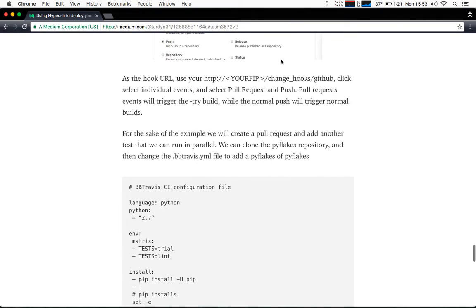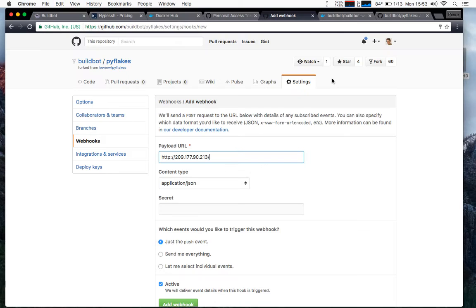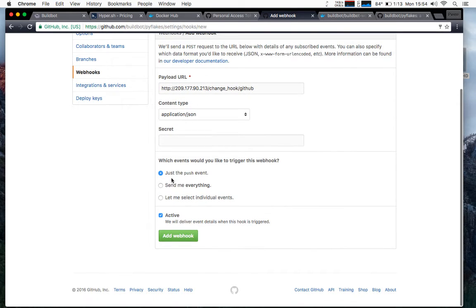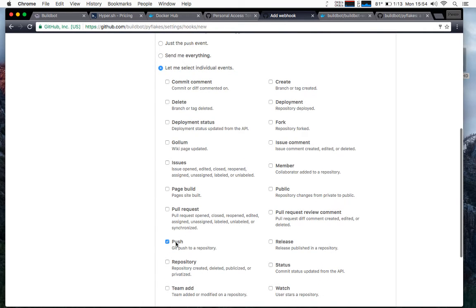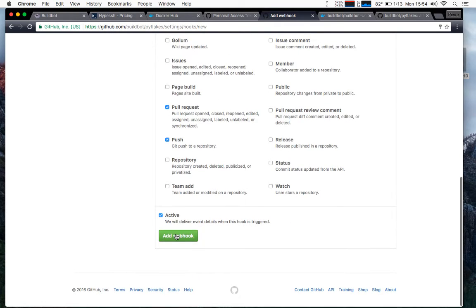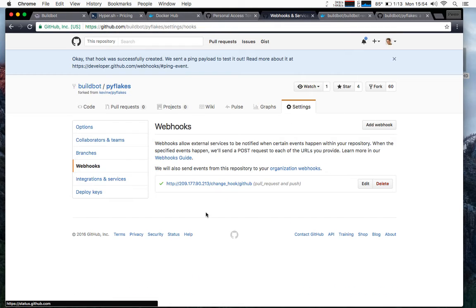Hooks new. Okay, GitHub. So I don't want to have only the push event. I want also to build my pull request. So I select individual events. So I want the pushes and the pull request. Let's go. I add the webhook, and it tells me, okay, last delivery was successful, because when you create webhooks,